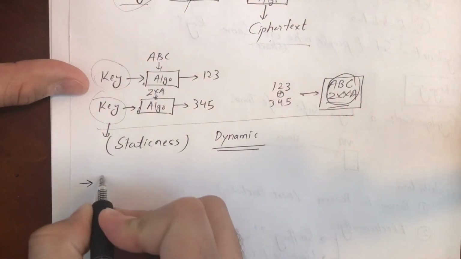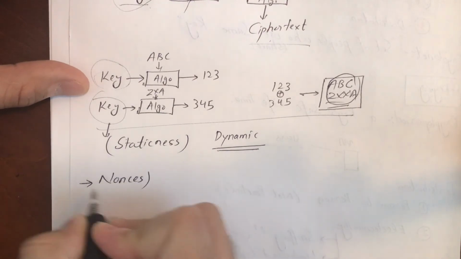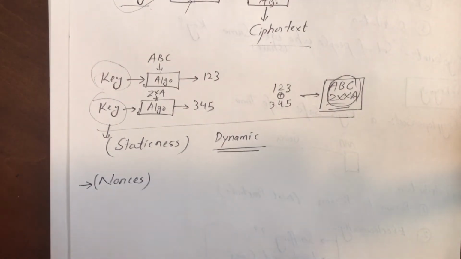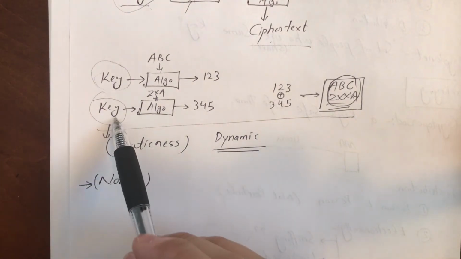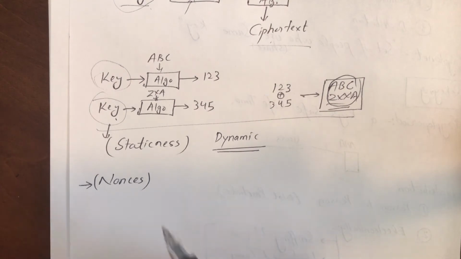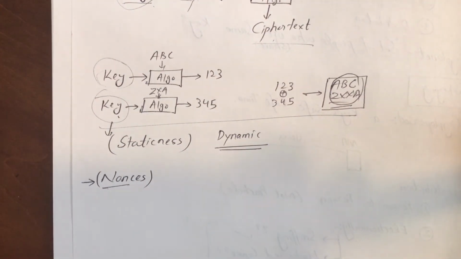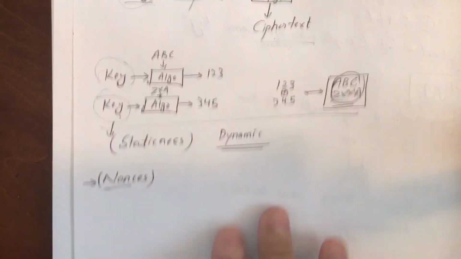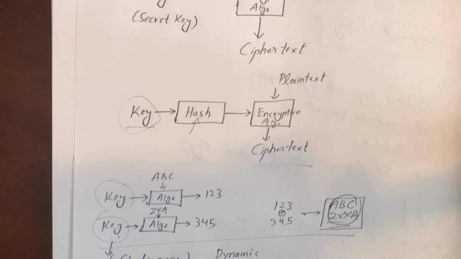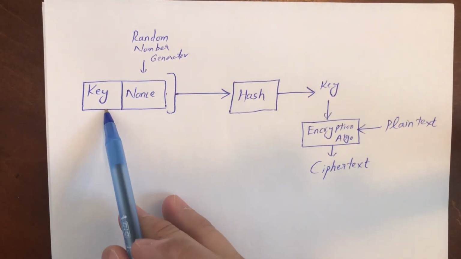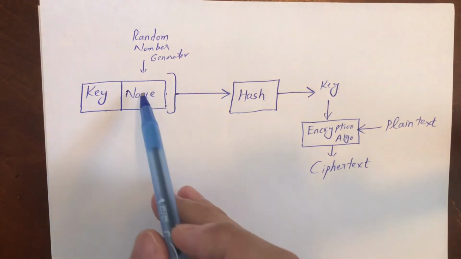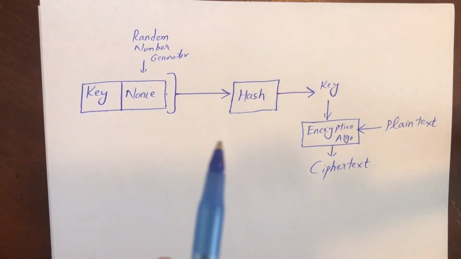We need to use a nonce, random numbers. In order to introduce freshness, each time you should have a different key. So we need to introduce a nonce, or random numbers. Now let me revise this with the introduction of the nonce. I just changed the example to show how we can use the nonce. Again, same thing. Let's say this is the key. Now for each iteration, we are adding this random nonce to the key, just for freshness,